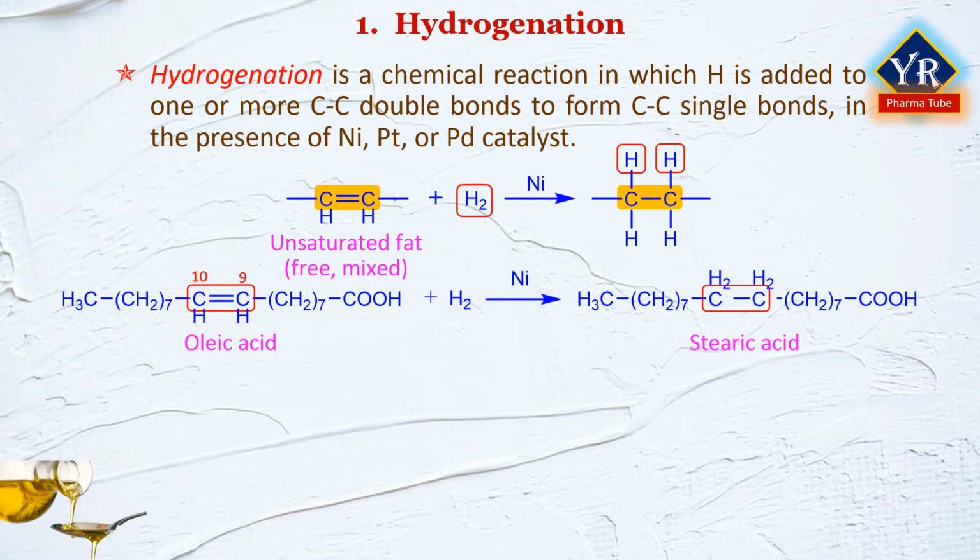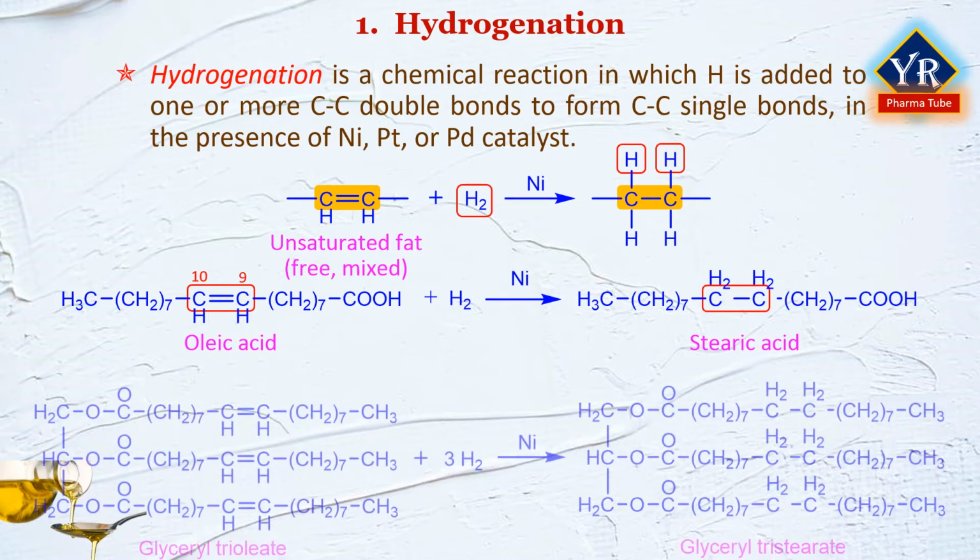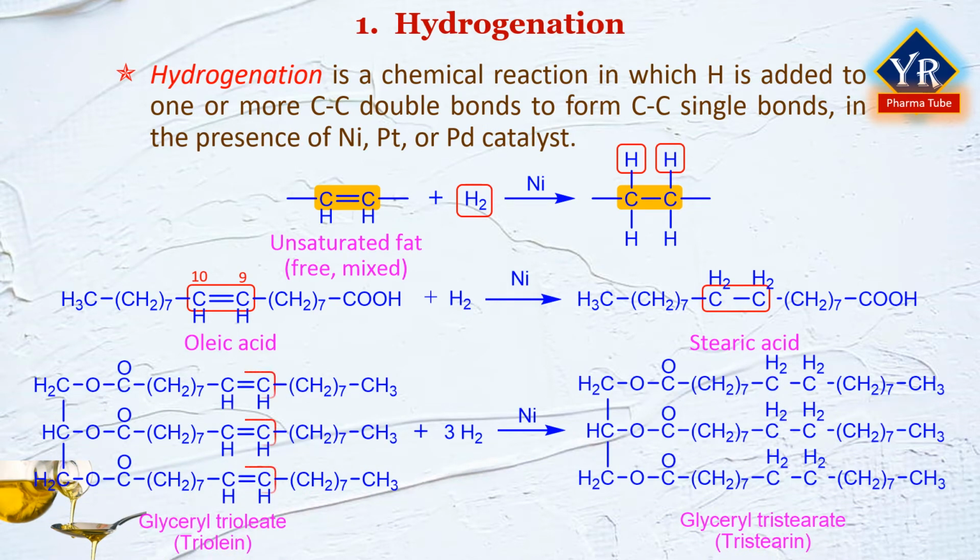where the C9 and C10 carbon atoms are fully saturated with hydrogens. Similarly, in the structure of triolein, there is a double bond at C9 and C10, thus triolein is an unsaturated fat. On hydrogenation, 2 hydrogens will be added on each of the carbons involved in the double bond, thus making it a saturated fat, that is tristearin. Thus, tristearin does not possess a double bond between C9 and C10.